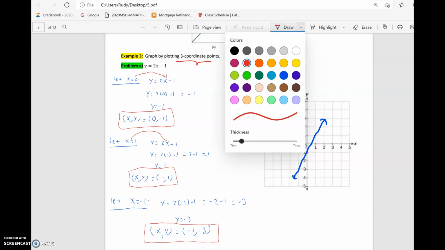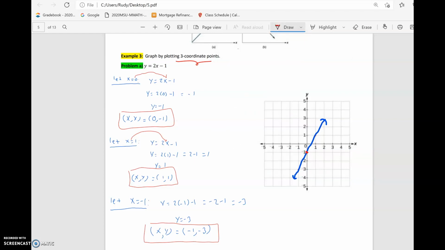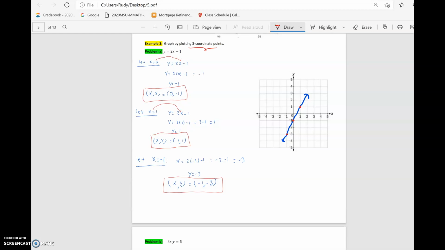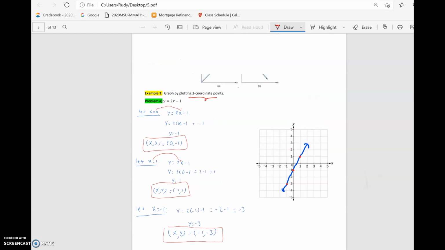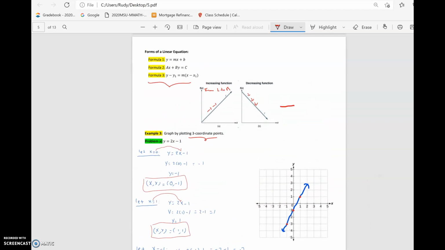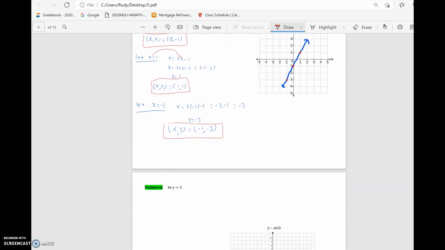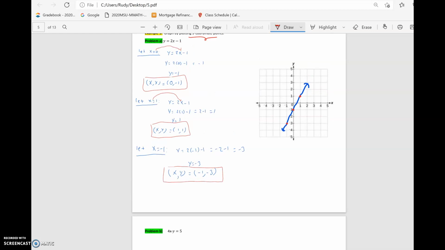And our coordinate points happen to be here. As you can see, that is what represents a line. So in theory, you would be using a small ruler, but all of these are going to produce these types of lines. Okay, let me go to problem 2. In this case, problem B. And notice the problem B